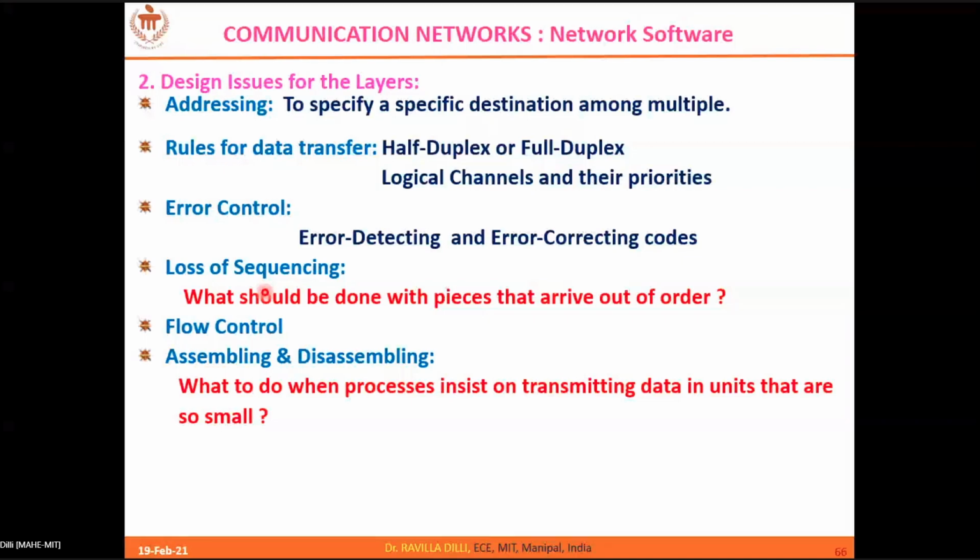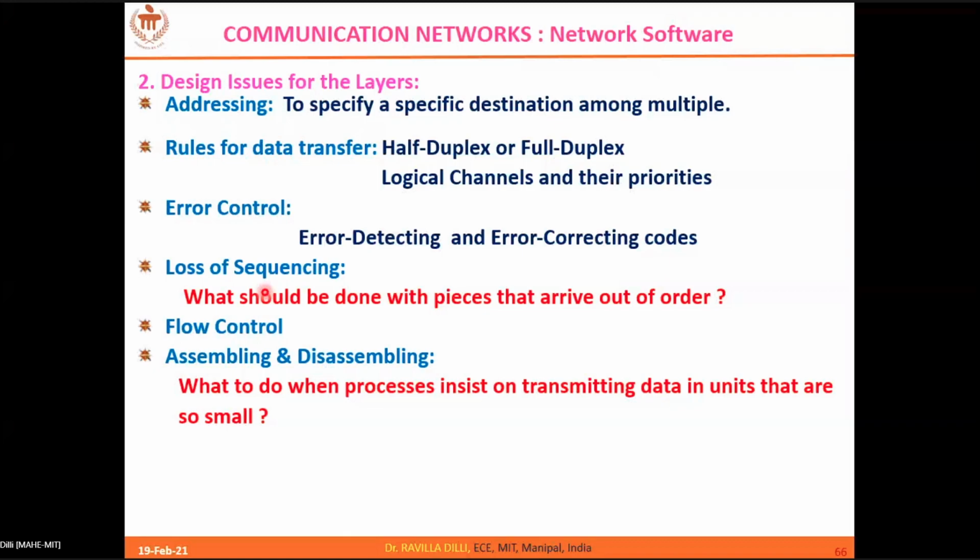Okay, and at the receiver also, as I told you, the packets will travel in the communication subnet in their own way, and need not follow the same path always. If they follow the same path, then obviously you can expect the order of data at the receiver, so order is guaranteed. But when the packets take independent paths in the communication subnet, packet 2 may arrive before packet 1. That is possible because packet 2 may take the shortest path in the subnet, whereas packet 1 has taken a quite longer path. Then packet 2 will arrive first.